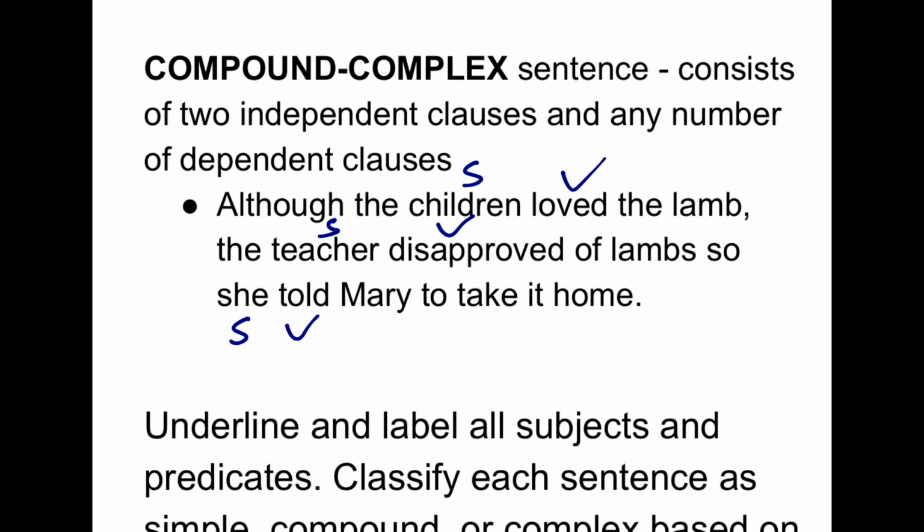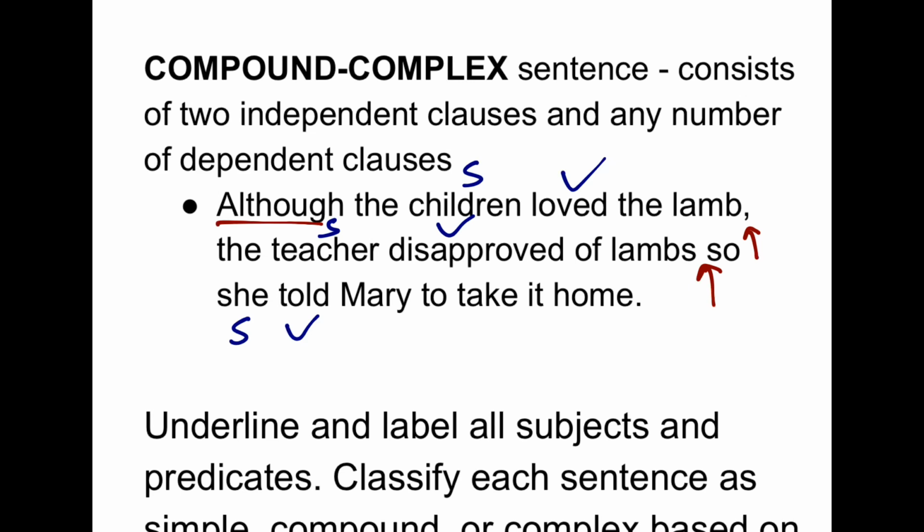Compound complex sentences consist of 2 independent clauses and any number of dependent clauses. In this example, children loved, teacher disapproved, and she told are my subject-verb pairings. The word although functions as a subordinating conjunction. The comma is a clue as to where one clause ends and another begins. The teacher disapproved of lambs, and then again we have another coordinating conjunction here, so joining to the last clause. And